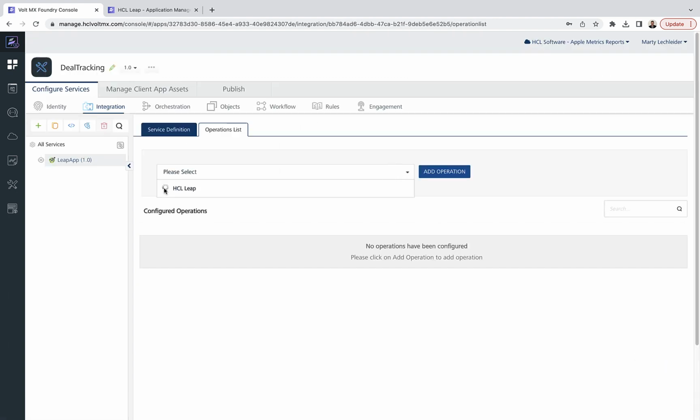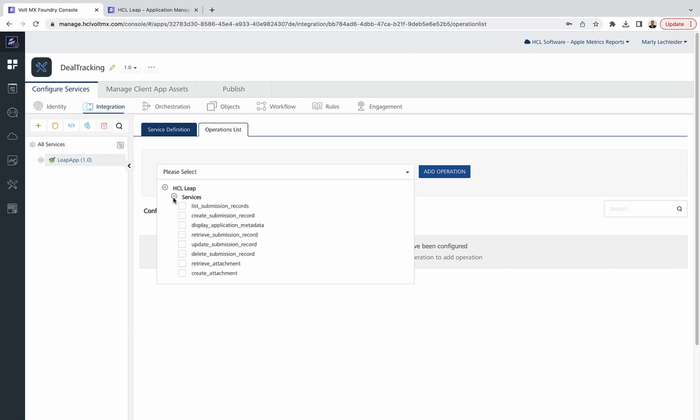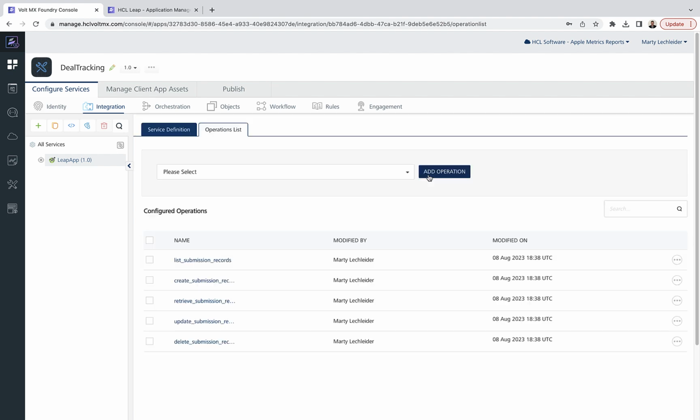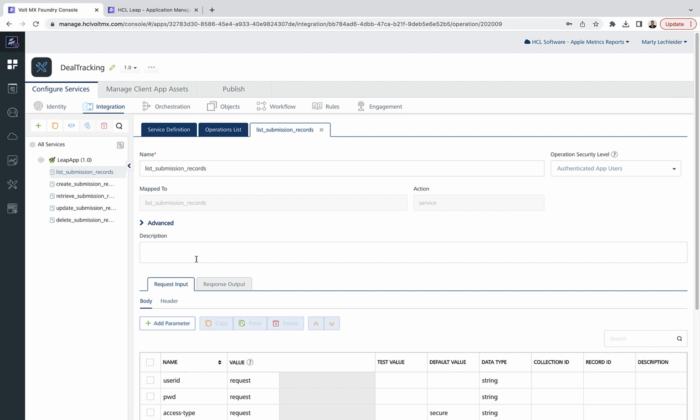and if successful, we'll go over to adding operations. We'll click on HCL Leap and then services, and we'll pick the CRUD services for records, and we'll add all those operations. Next, we'll move on to testing the operations, starting with list, and we're going to scroll